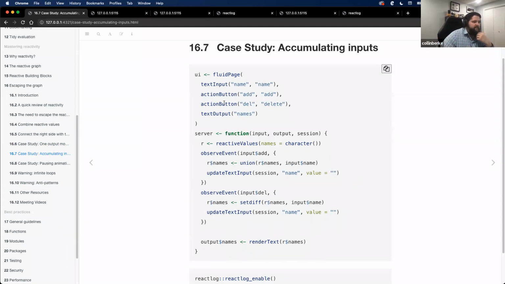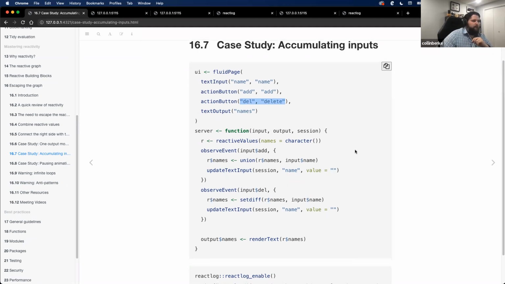What it's doing is giving us the ability to input names and then either add or delete those names. So we have the text input and the two action buttons, add or delete. Add will be like adding it to our data source. In our case, we're just going to push it to the output, but then it allows us to delete that input,